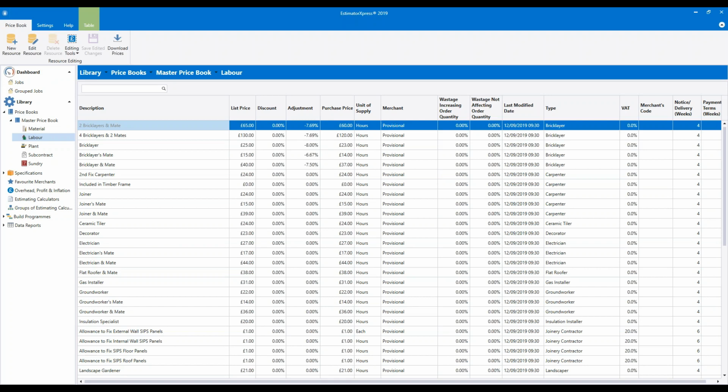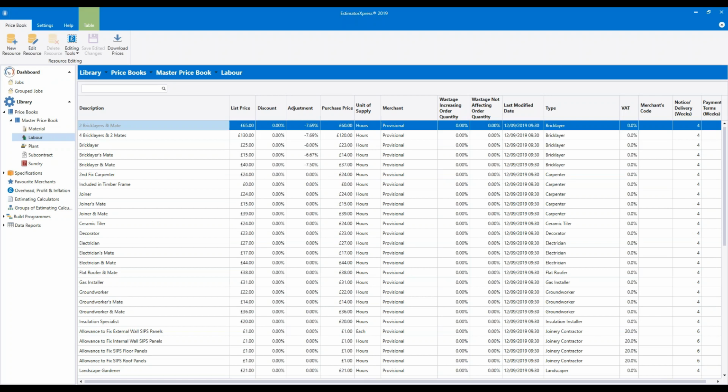So if you wanted to put your own 3-in-1 gang in there, you would then need to go into the specification and swap the bricklaying gang for each task that that gang does within the spec. We'll have a look at the specifications in depth later on today, so hopefully that will make a bit more sense. You can also add in your own specialist labourers. So for example, if you wanted to add a specialist floor tiler or a glazing specialist or any other specialists that we haven't already added in.